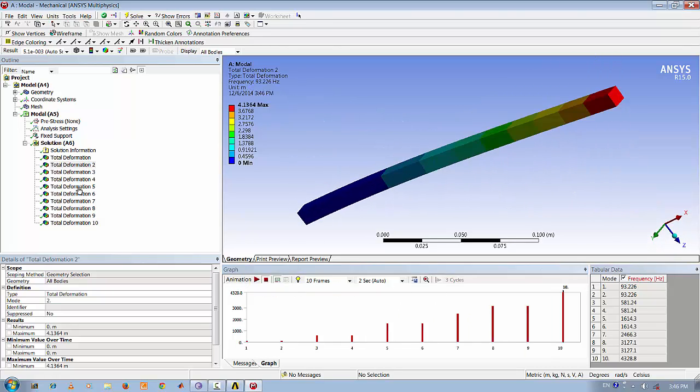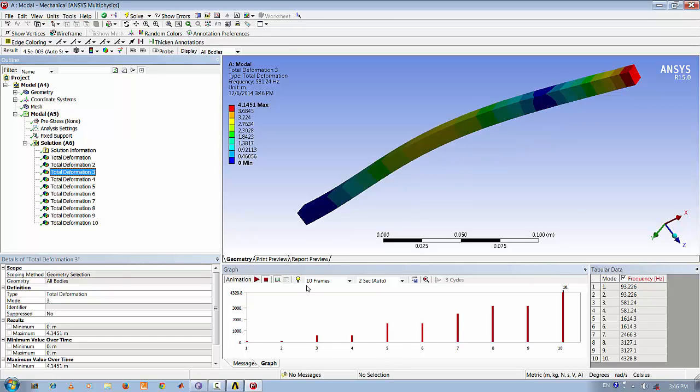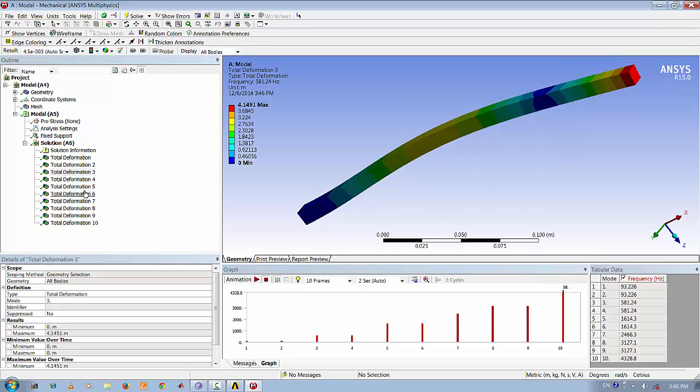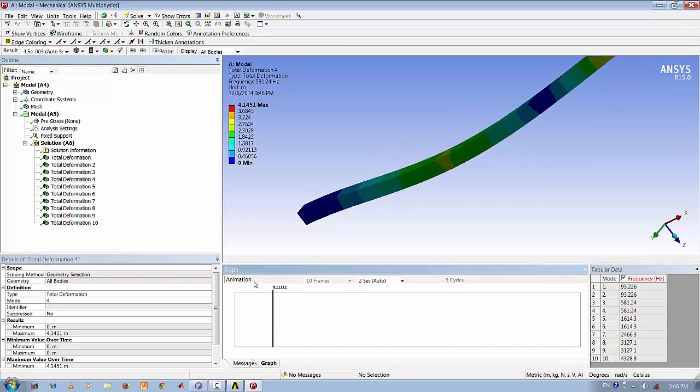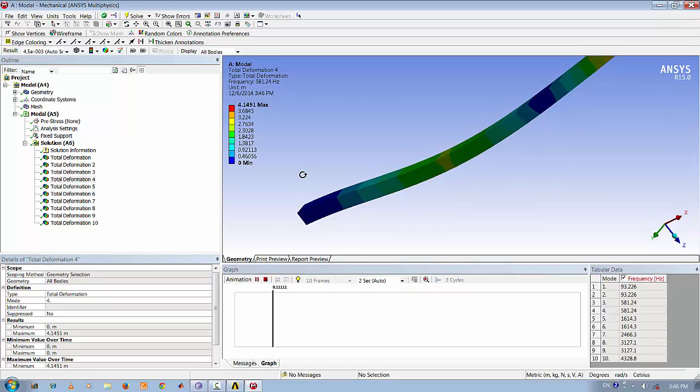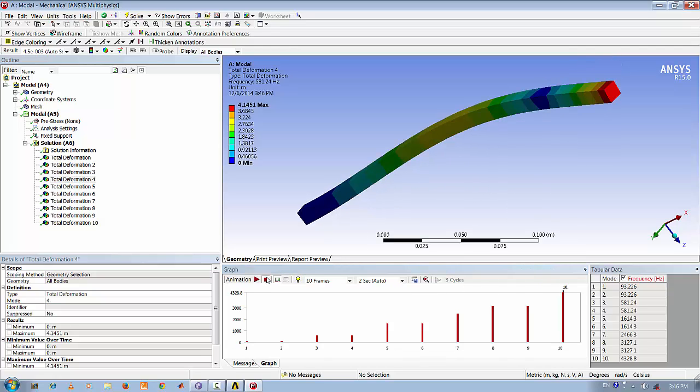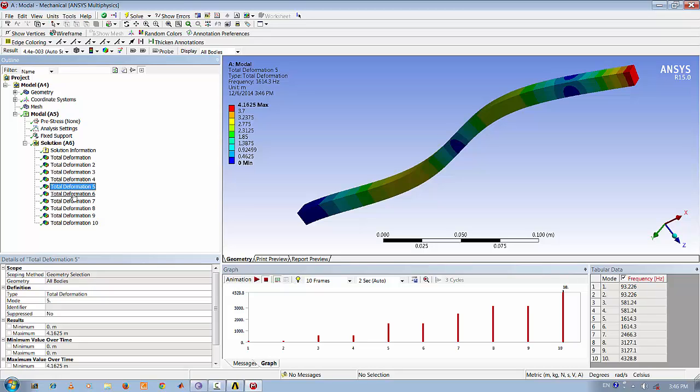In order to view the next mode, you go to the deformation tree. This is the next mode shape which is shown over here. Similarly, you may view each and every result. You can observe these are all bending modes of vibration. Since they occur in both the planes, it is repeated. But if you observe the other one, you come down and go to the